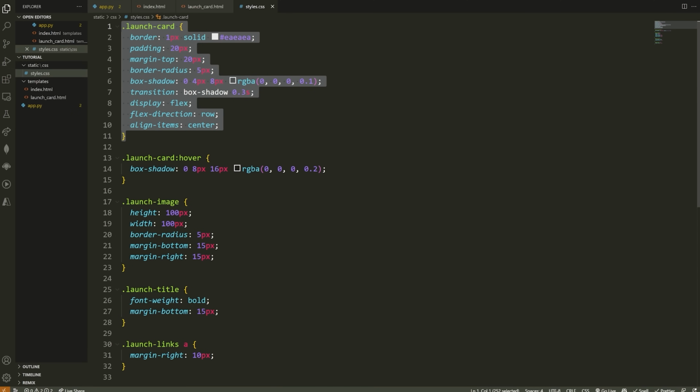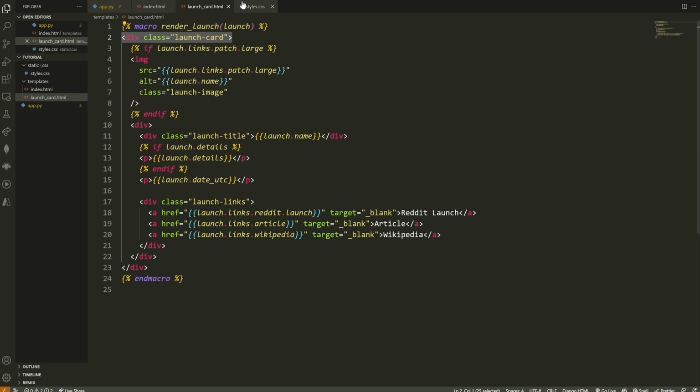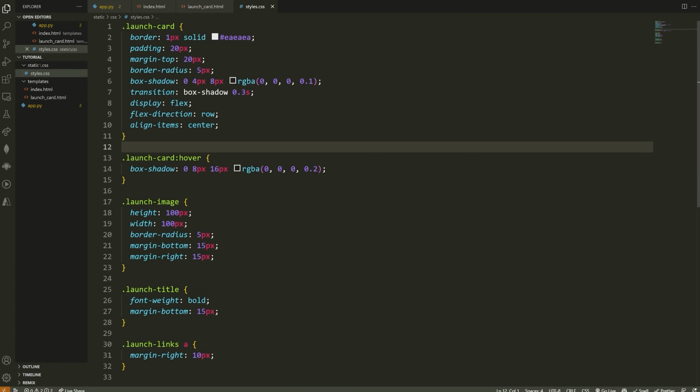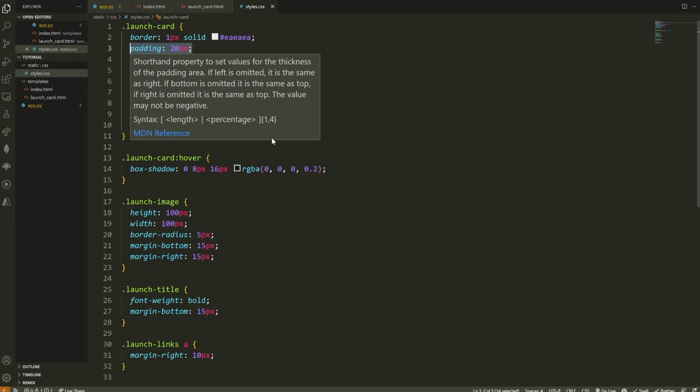Before my launch card, so keep in mind the launch card is this right here. I want to have it appearing with a little bit of depth on the page. So you'll see that we have a bit of a shadow, which I've added here. I have a border radius, giving a little bit of rounding on the edges. I have a margin top, so this is going to space us 20 pixels off the top of the screen and between all of the other launch cards. I have a border just so we can see the actual card. We have some padding for the content inside of there.